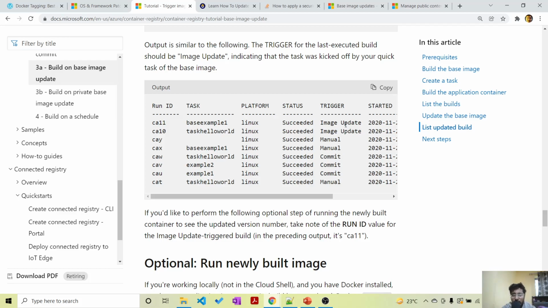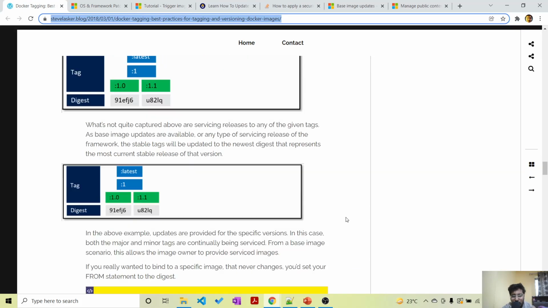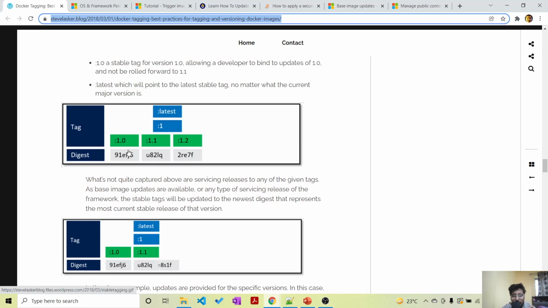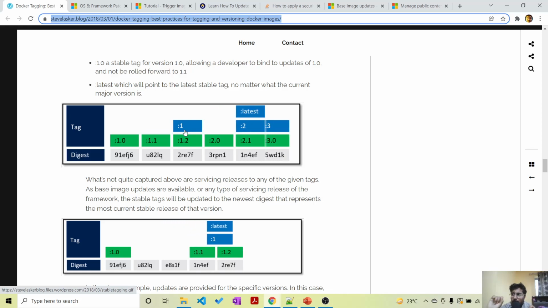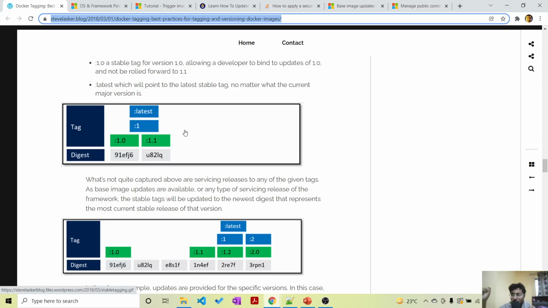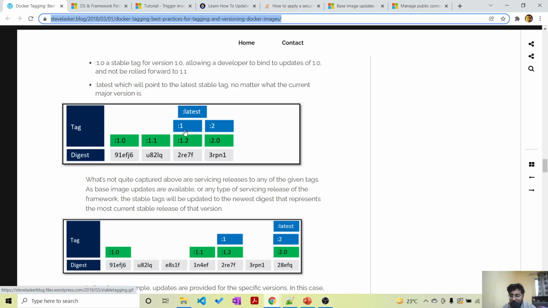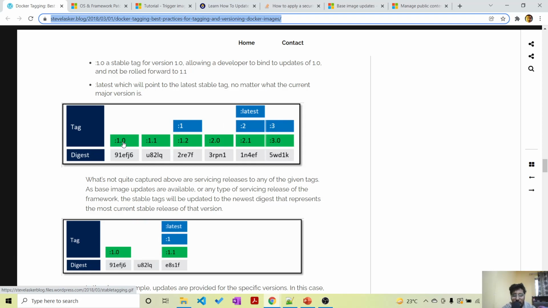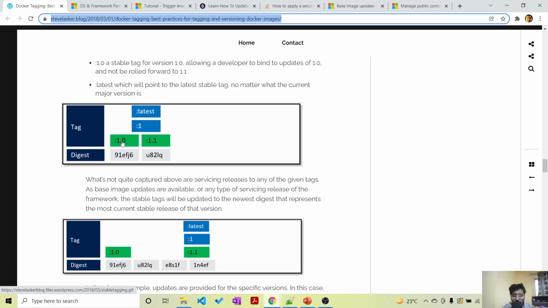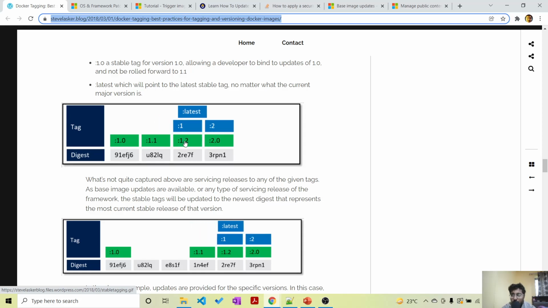Another very important thing, which is not directly related: when we do a FROM, and this is very well mentioned here, if you see this latest tag, when we say a tag :1, we think our image is FROM image:1, meaning we think it is pointing to a standard, single image. But no, it is actually changing. As you can see, this :1 will be 1.0 first, then 1.1, then 1.2. This is very important to understand.